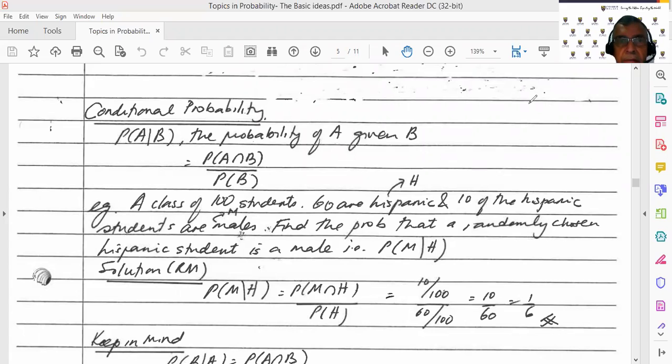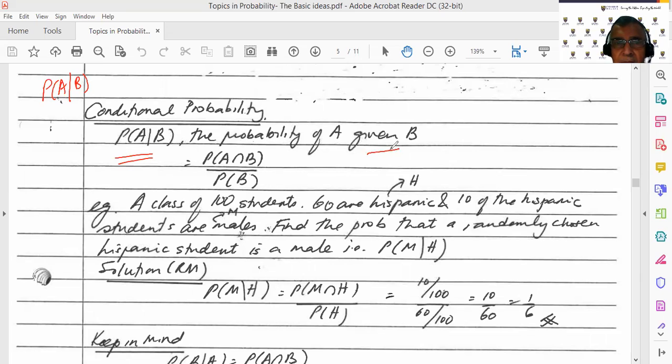Conditional probability. Let's look at the basic formula when we deal with conditional probability. It's the probability of A given B. This is the notation we use. Some books do write it like this. It means the same thing. The probability of the event A occurring given that B has already occurred,